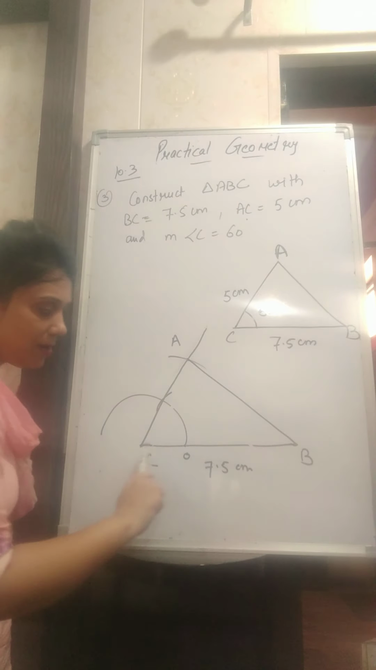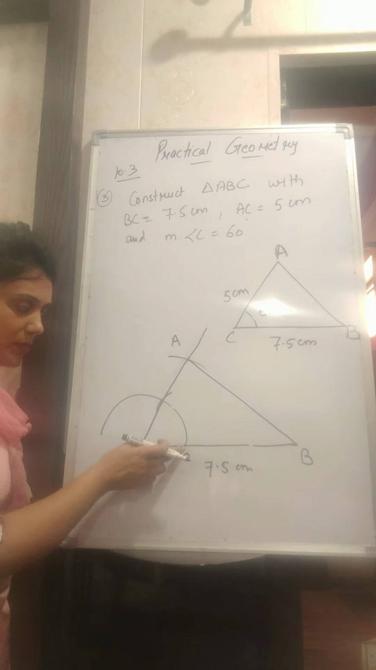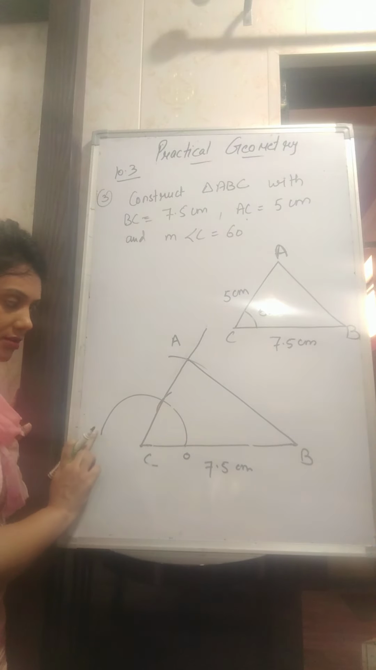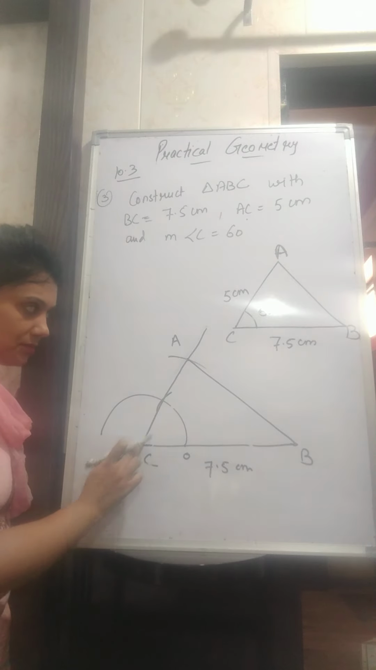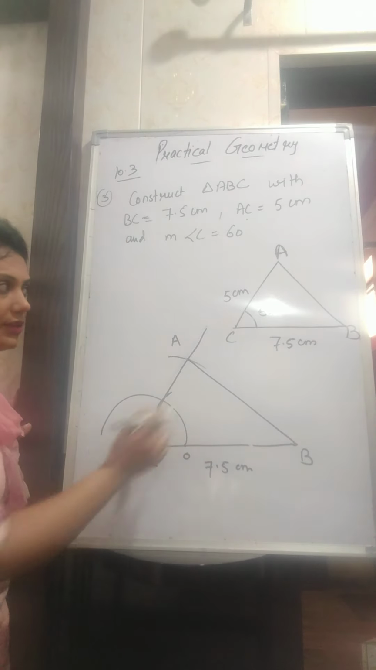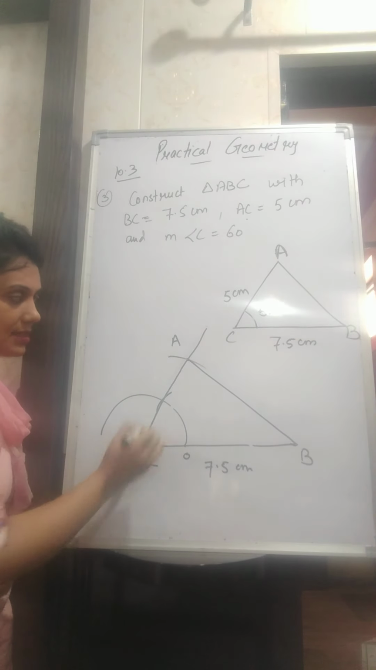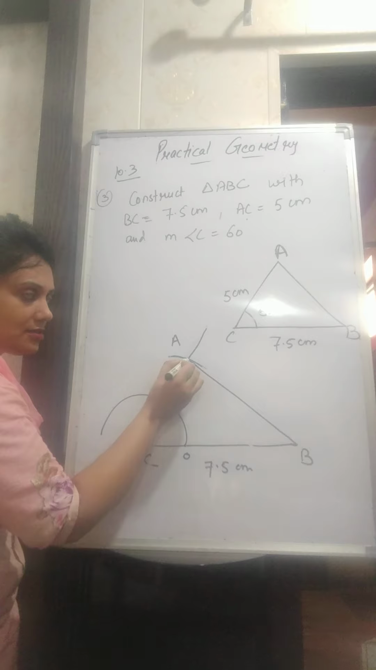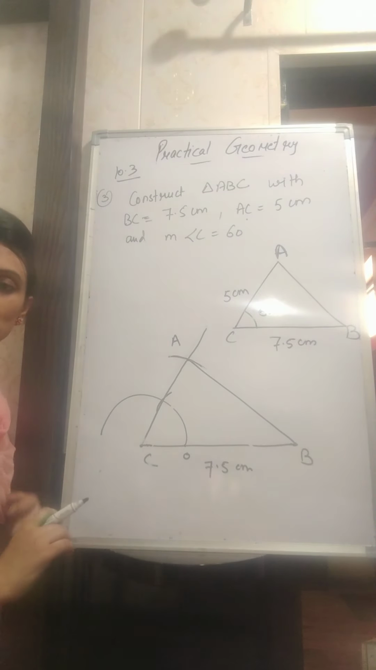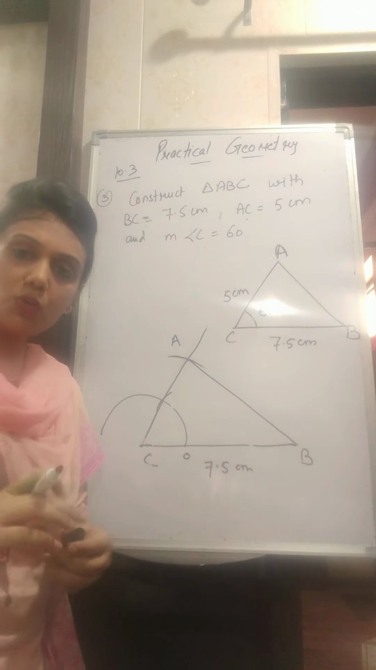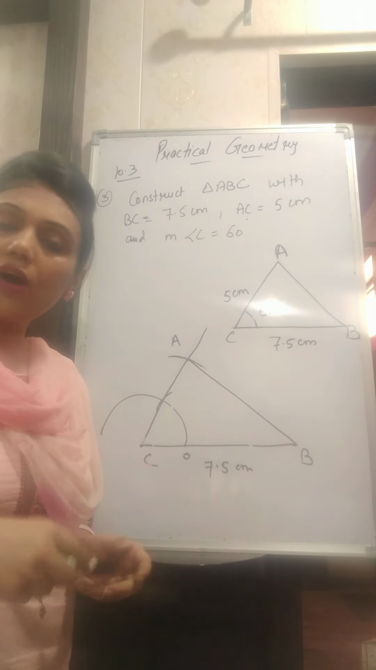So see again what we have done. We have first of all made BC 7.5 centimeter. Then you made an arc from point C. Then made the 60 degree angle. Then open the compass to a radius of 5 centimeter. With C as center, make an arc. This is your point A. Then join AB. So students, these were the 3 questions which are in exercise 10.3, and all the 3 questions